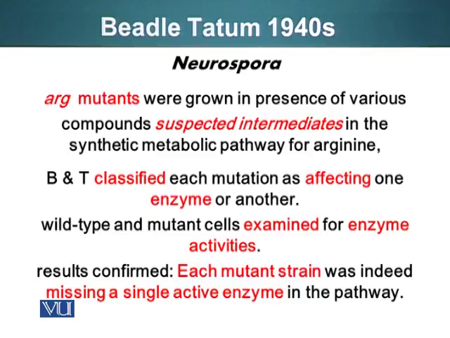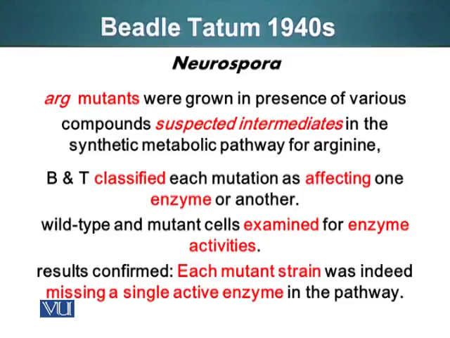They classified each mutation as affecting one enzyme or another in the metabolic pathway that results in production of arginine in the cell. Wild type, meaning the original strain which did not require any special nutrients to grow, and the mutant cells were examined for enzymes and their activities